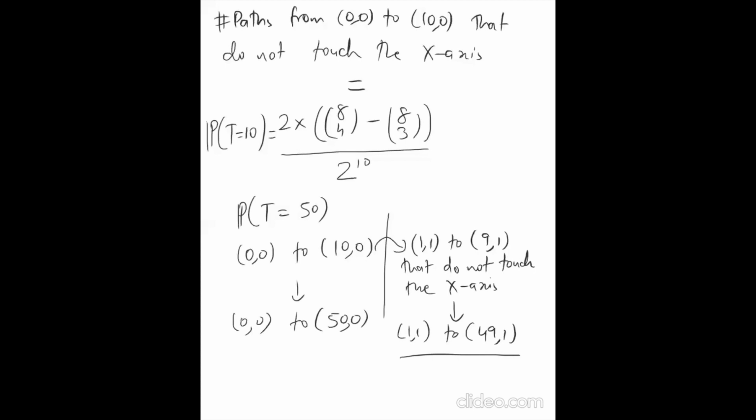So yeah, this is basically the end of this lecture. And as I said, this reflection principle, as we have already seen in this lecture itself, does not solve all problems. The reflection principle does have some issues with handling the case where one of the endpoints of the path, or both the endpoints of the path, are on the x-axis. There is some trouble dealing with those issues, and the way we overcame that trouble was we shifted it to counting paths for points above the x-axis, where as we saw the reflection principle works just fine, right?